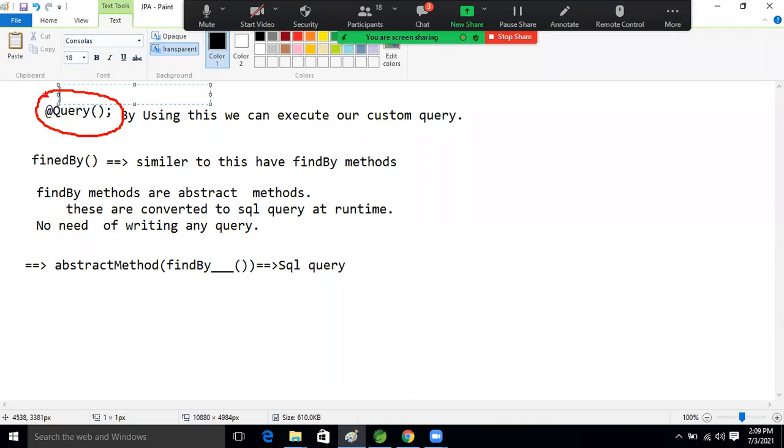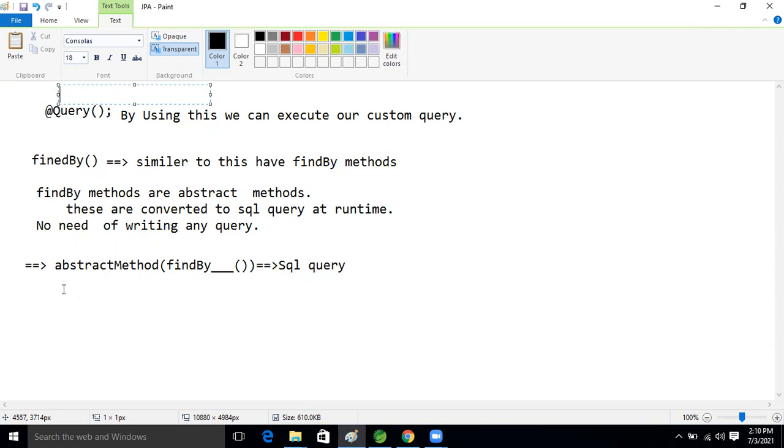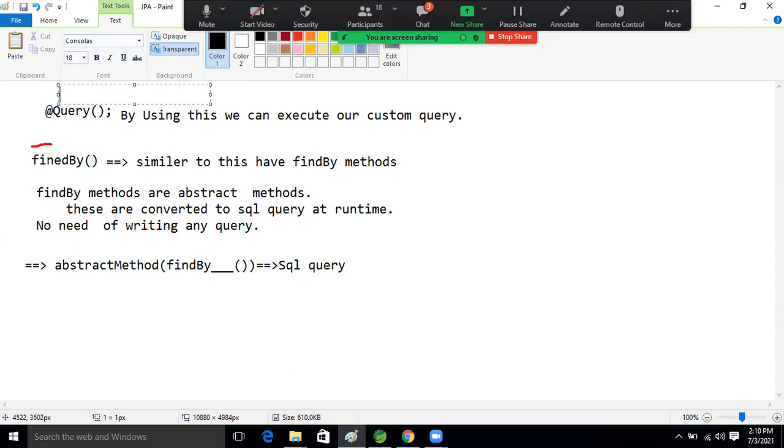Based on the query method we can perform select operations as well as non-select operations. But with the find by method we can perform only select operations. Non-select operations we can't perform using the find by method.